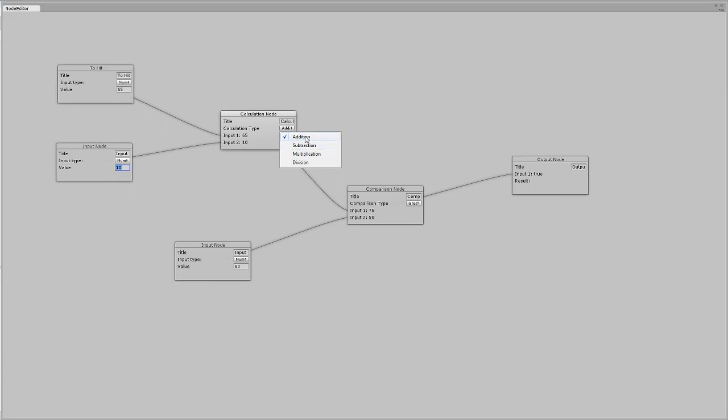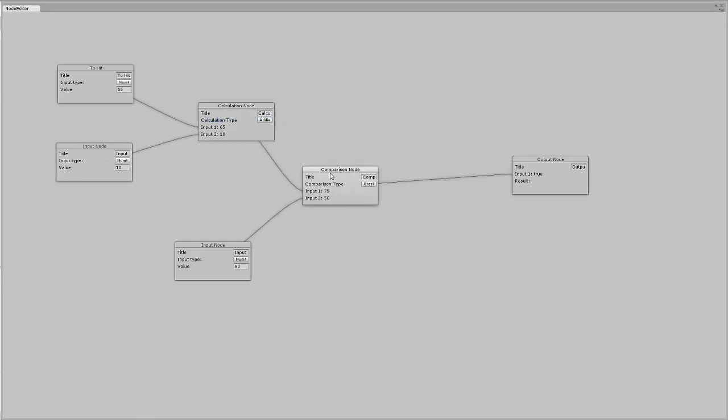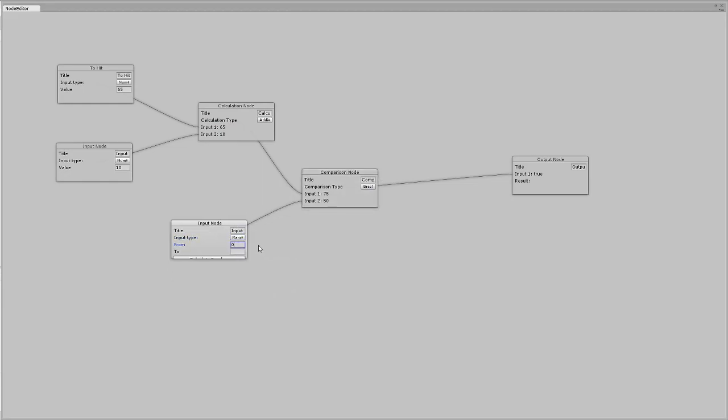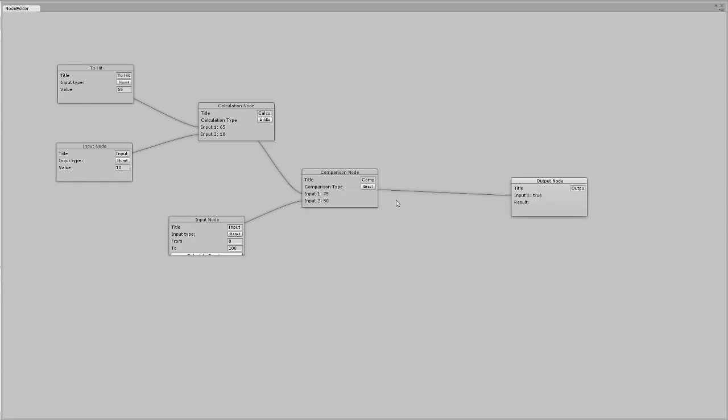I want here to be the addition, and after that we want to pass it through a comparison node, but the second input of our comparison node will be a random number between 0 and 100, and we pass it to the comparison node,